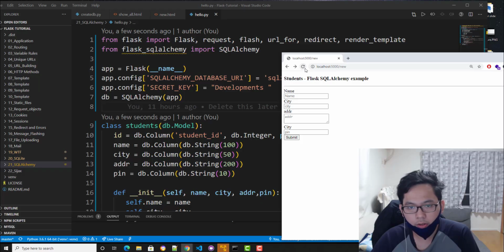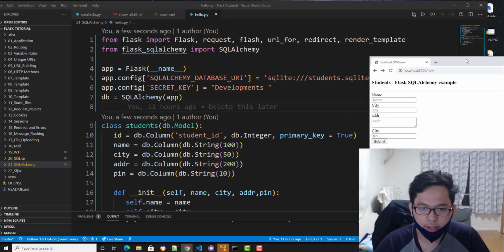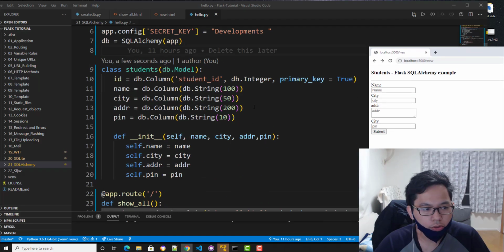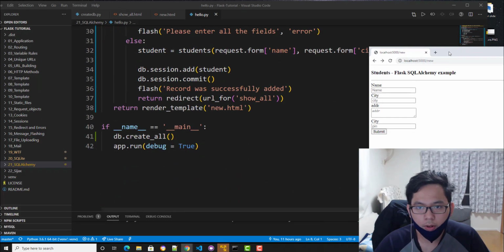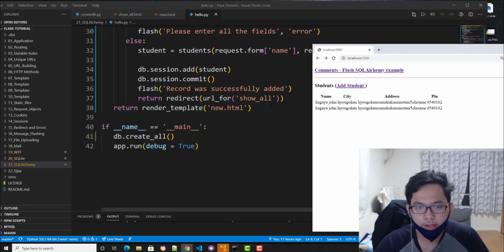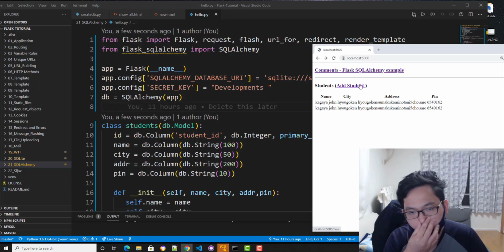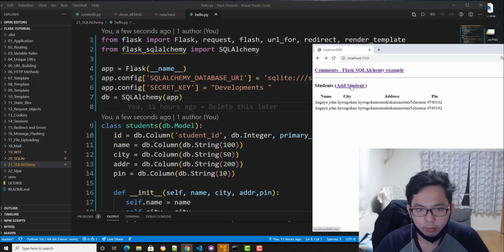That's the difference between a micro and a full-fledged framework like Django anyway. In this part, I'm going to show how it works. You can get the code and test it by yourself. It's just a template anyway, you can use it for your own. You know what, let's just start. For this one, it's a CRUD application. It's not a full CRUD, you can just add a new student for this one.